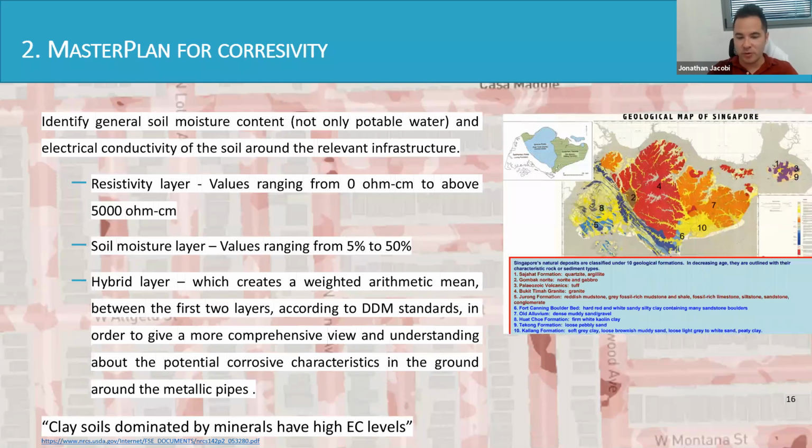Or if we're building a new neighborhood and expanding the network, should we put plastic, should we put metal, et cetera? What are the trends? How is it changing? In which seasons is it worse than others, and over time? Again, this is nothing new. SAR technology is able to pick up differences in the soil having to do with either levels of saturation or levels of resistivity. Now, resistivity, just to simplify everything, let's say that it's salt.